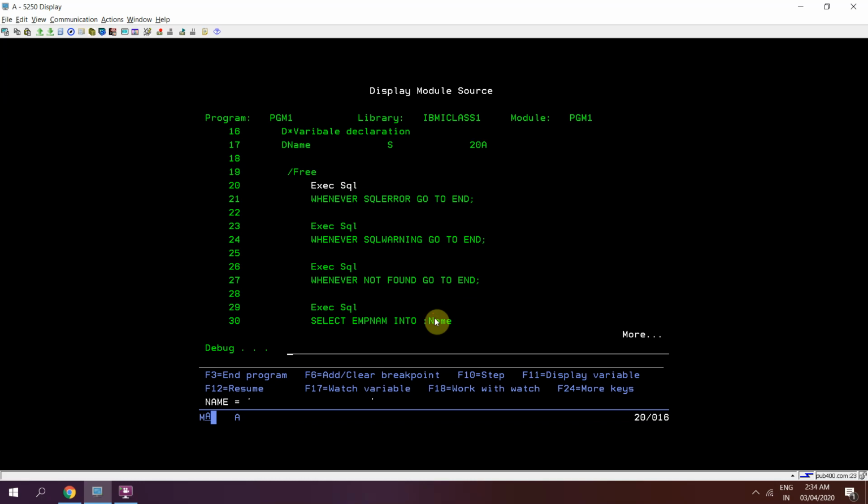We have eval SQL code. So we can see that SQL code is 100. That is no record found. Now this condition, not met, SQL error. There is no warning at all. So when the not found condition is met, and the